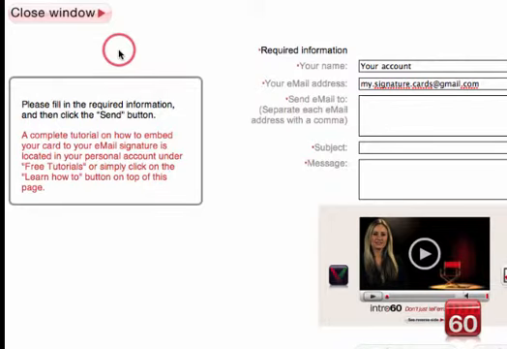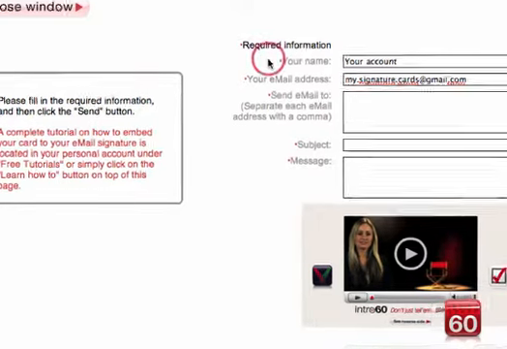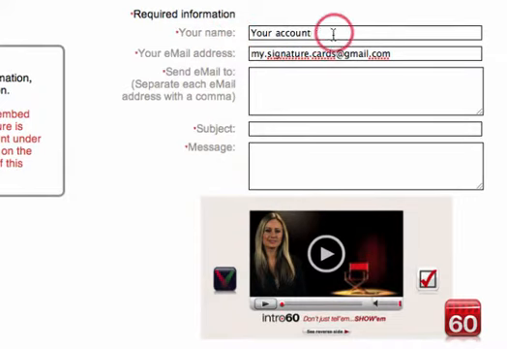Here's the page that pops up. You'll notice that some of my information is already here. My name, in this case it says Your Account, my email address, and the next thing I want to do is pick an email address to send it to. In this instance, I want to send it to myself, so I'm just going to cut